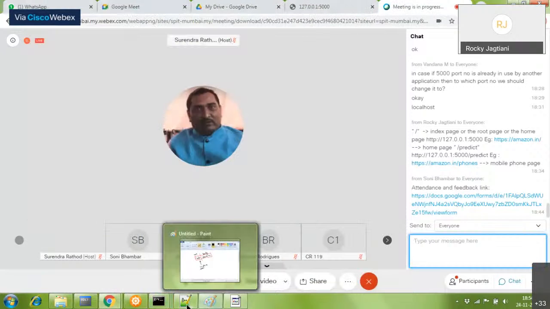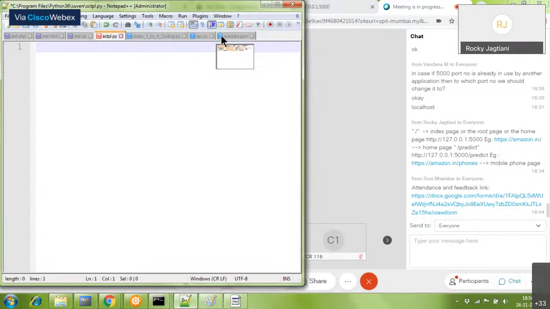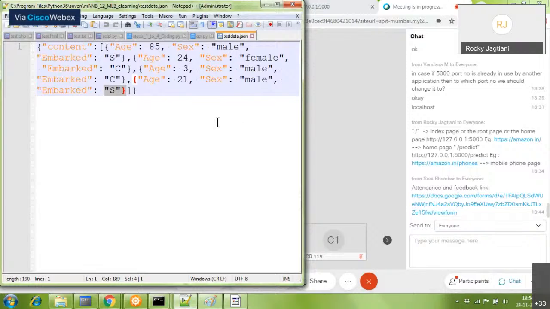Now let me explain the last part, what was this 0100. It means that the first person, age 85, male, embarked from port S, would not have survived, because this is a prediction. The female of 25 years old embarked on port C would have survived. The small child of 3 years old, male, embarked from port C wouldn't have survived. It was 0100. And the last male also wouldn't have survived, is the prediction by your ML model as it